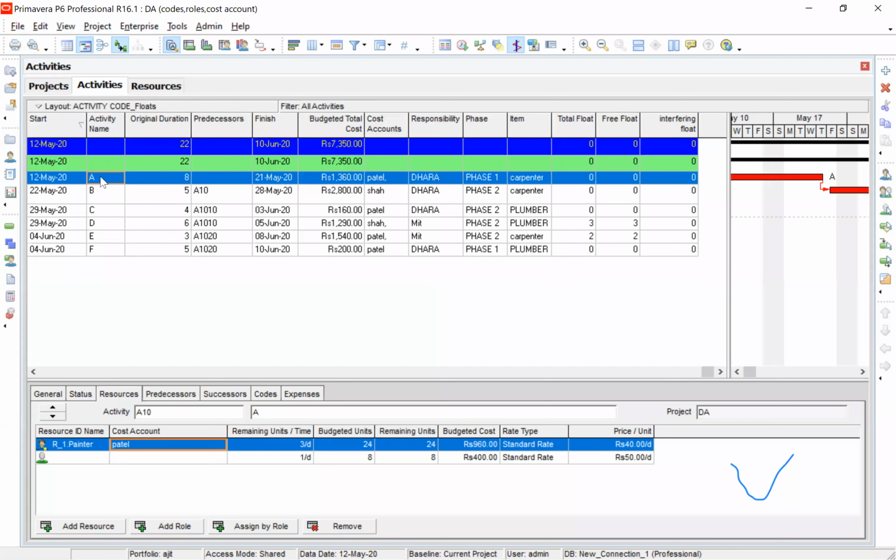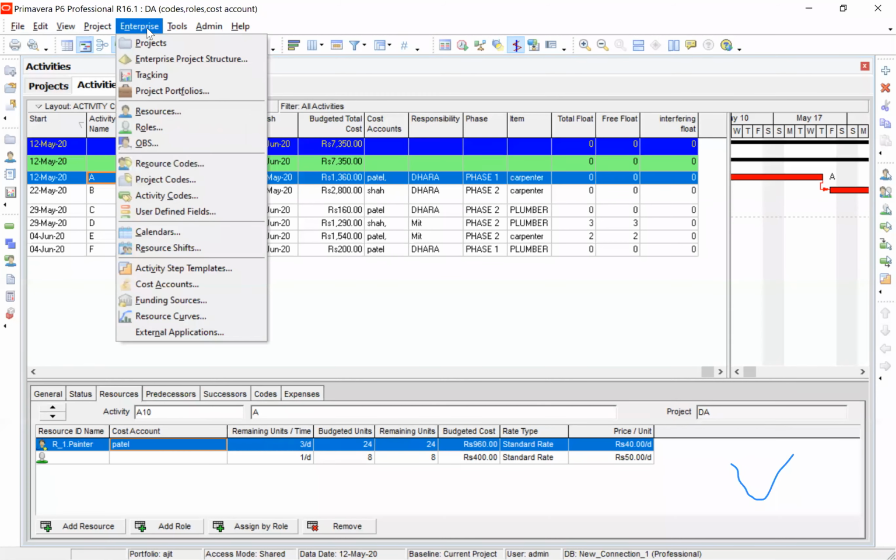Now, let me take the first activity and go to resource. Can you see the resource is painter and the remaining budgeted units is 24 and the rate is 40, and therefore the budgeted cost is 960, right? 24 into 40. Now I have added another item which is called a role. So I'll show you what is a role.